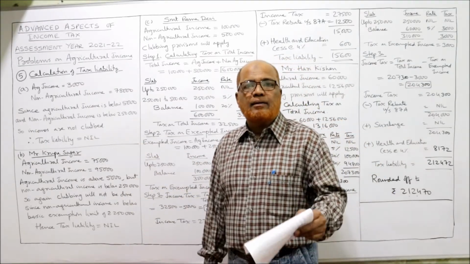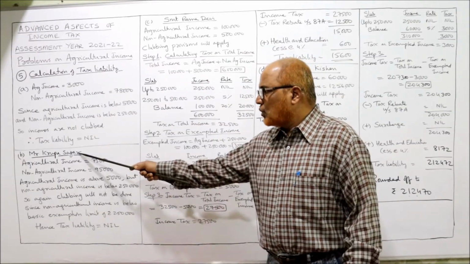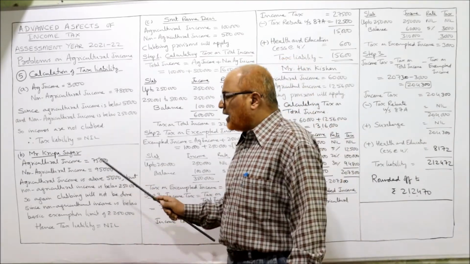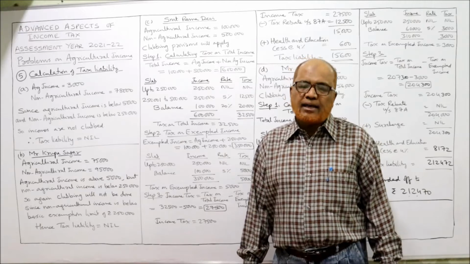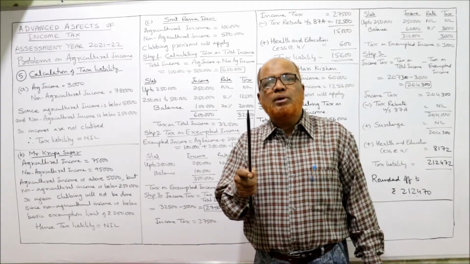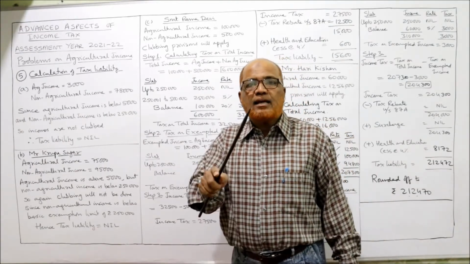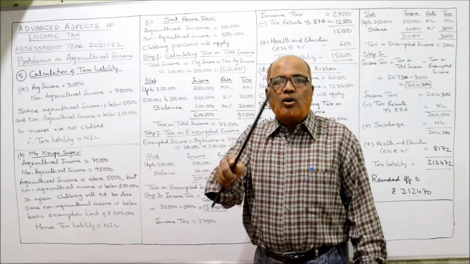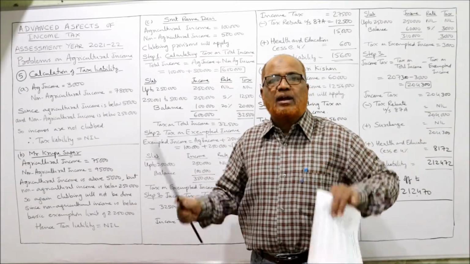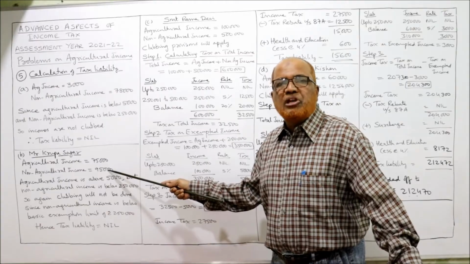A bit completed. Now B bit. Agricultural income of Mr. Krupa Sagar: agricultural income 75,000 and non-agricultural income 95,000. Again, the clubbing provision will not apply, because non-agricultural income should be more than 2,50,000. Agricultural income should be more than 5,000 and non-agricultural income should be more than 2,50,000, then only we club. Here it is not 2,50,000, so the clubbing provision will not apply.